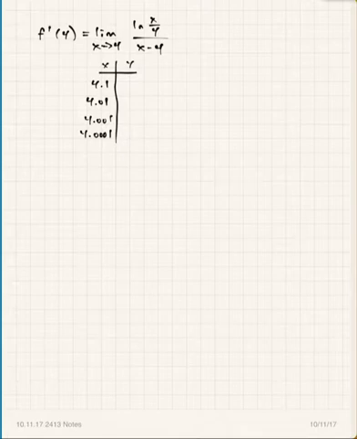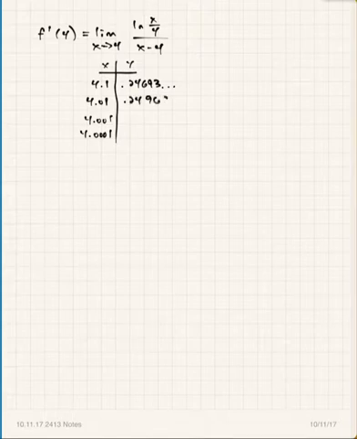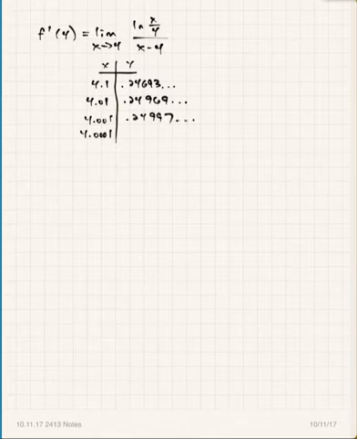Okay, so for 4.1, we're getting approximately 2.4693. For 4.01, we get approximately 0.24969. For 4.001, we get approximately 0.24997. And finally, 4.0001,